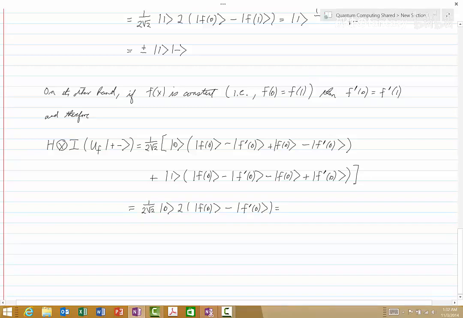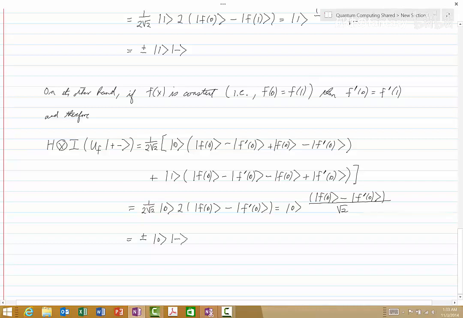And the 2's, the 1/2 here and the 2 will cancel, and so we'll be left with 0 and f of 0 minus f prime of 0 over square root of 2 and this will turn out to be plus or minus 0